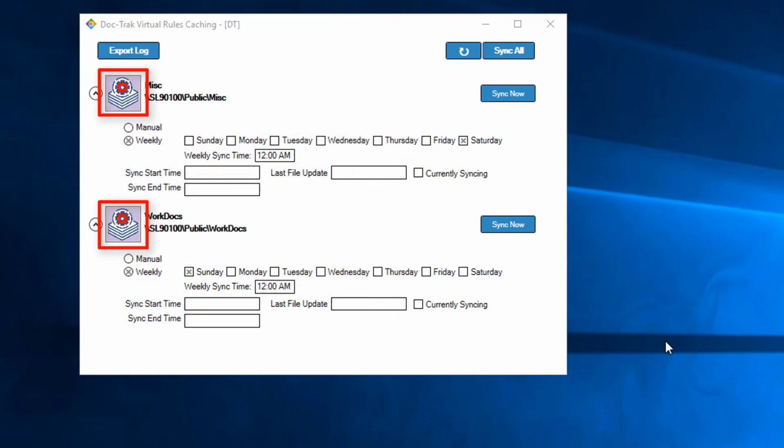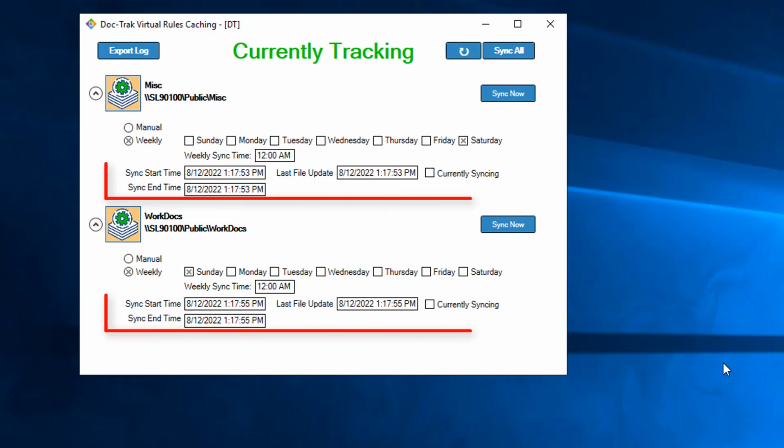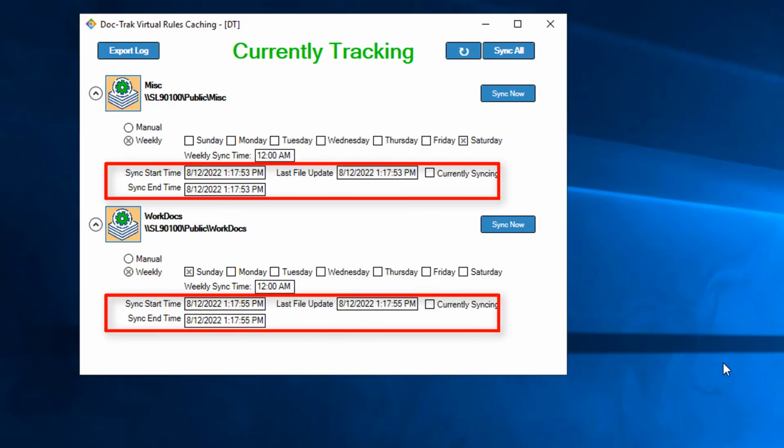These gear icons indicate the tracking status. When you first add a cache ID, tracking is off. So to get the ball rolling, I'll start tracking for each ID by selecting the icons. Now when you do this for the first time, it will immediately learn all of the files that are in this location and its subfolders. This will update the status fields too.